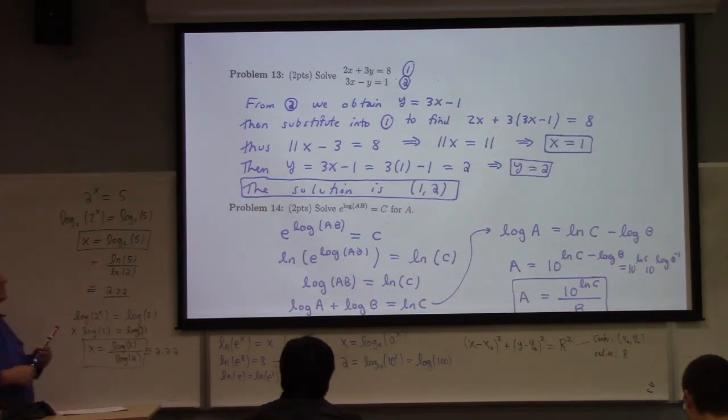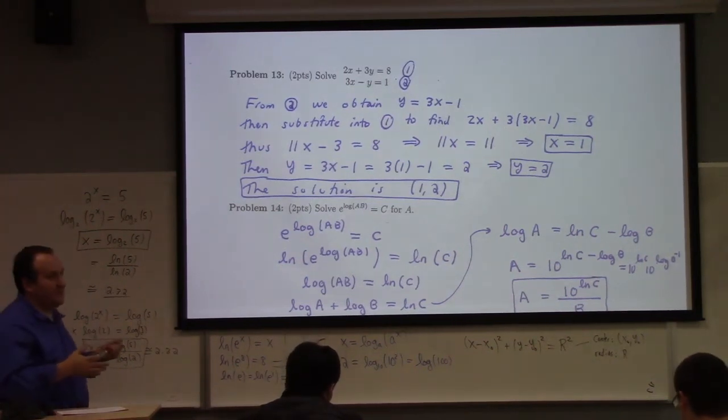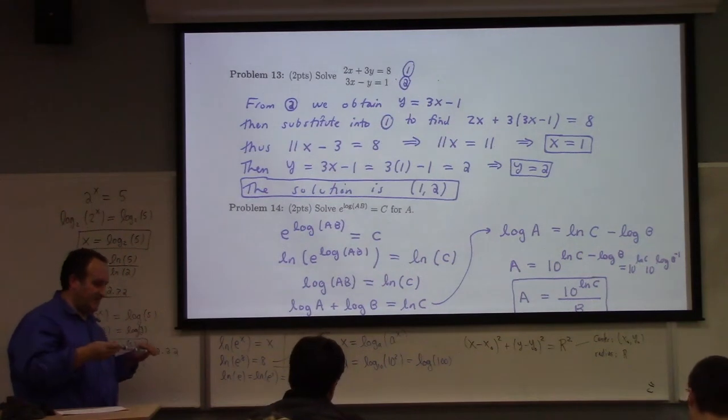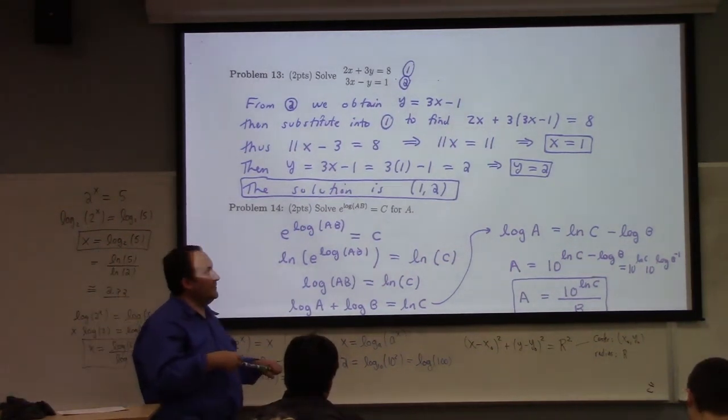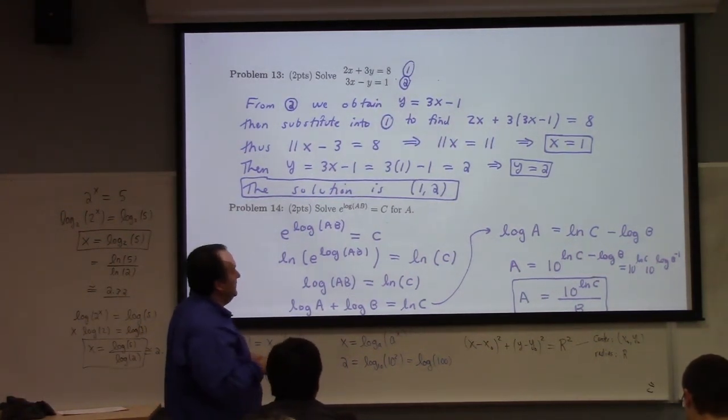Problem 13. Listen, lots of people got problem 13 right. This was definitely a bright point on the test. I think most people got 13 right. Now, if you got 13 wrong,